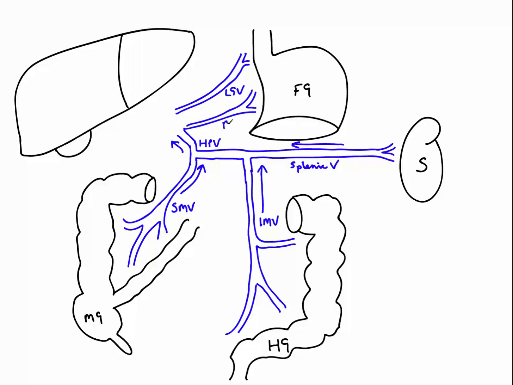So we can draw these various gastric veins that drain directly into the hepatic portal vein. The hepatic portal vein then continues and passes to the liver. As it passes to the liver, it gives rise to two portal veins, which we can see here, and they go to supply the left and right functional lobes of the liver. Once the blood has passed through the liver, once the products that have been absorbed from the gastrointestinal tract